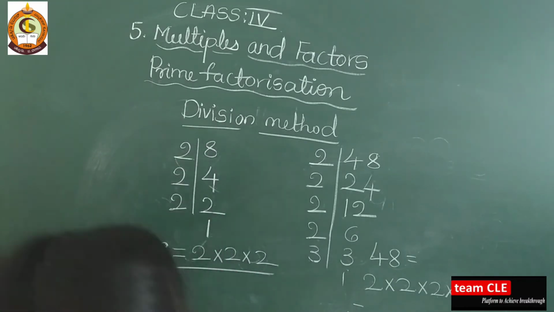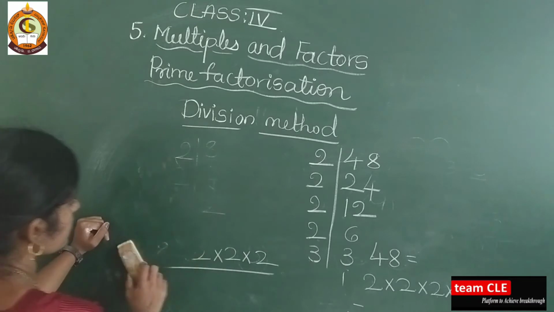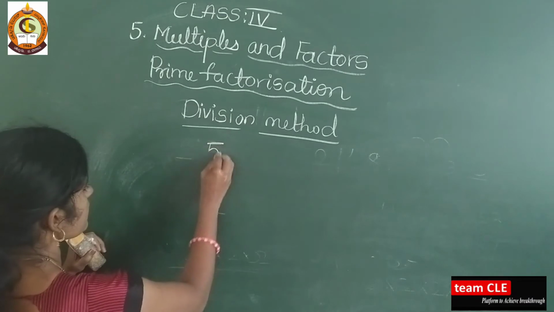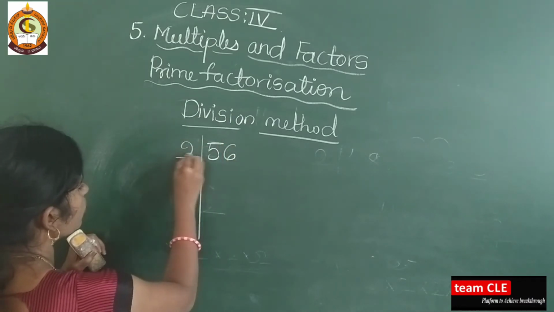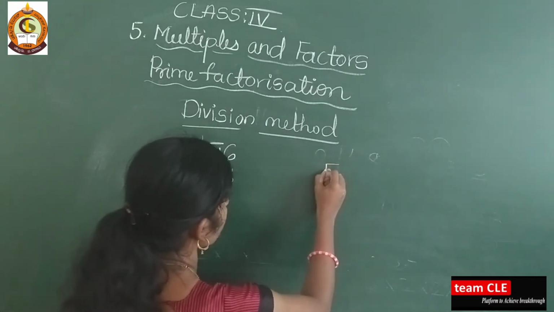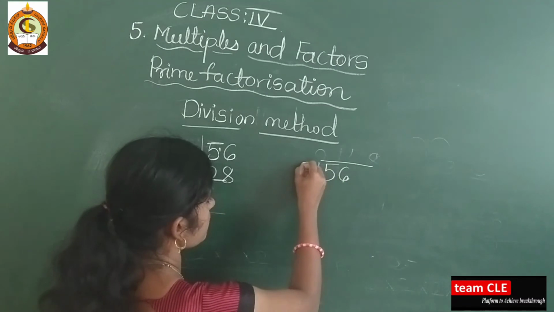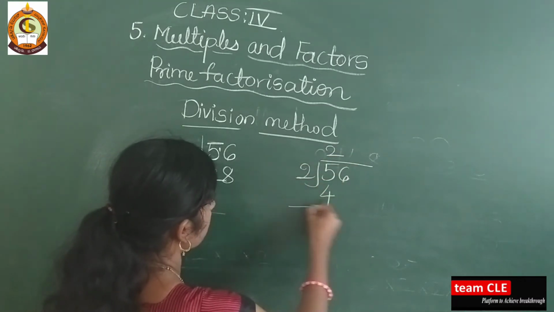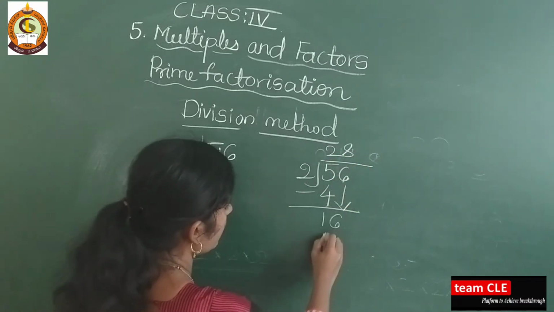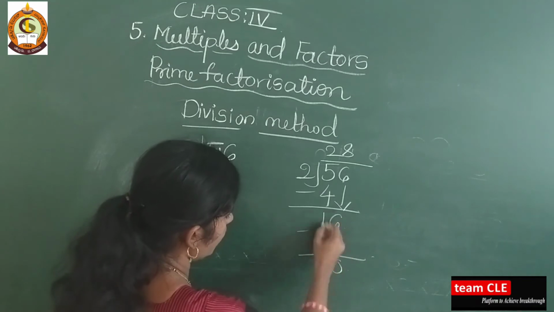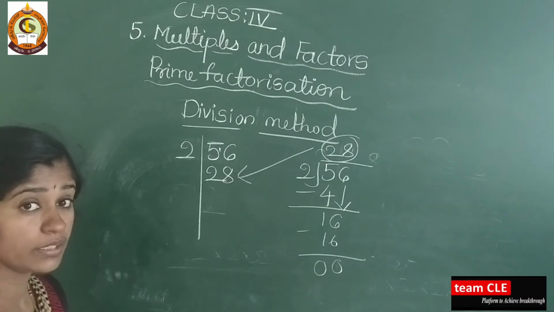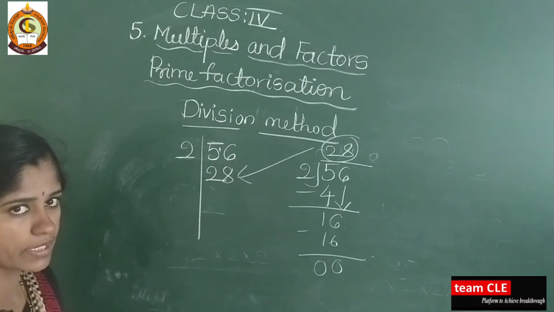Okay, so next I will solve one more example, and that is 56. Take 2, 2 2s are 4 and here 1 remains, 2 8s are 16. If you have confusion here, divide 56 like this: 2 2s are 4, 5 minus 4 is 1. Again you take 6 down. 2 8s are 16. 6 minus 6 is 0. 1 minus 1 is 0. So this quotient you have to write here if you are getting confused. Okay, so 2 28s are over.